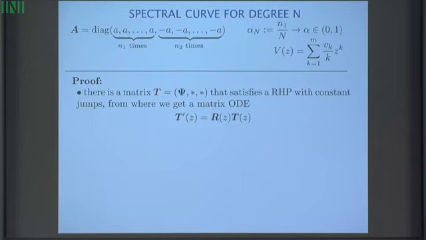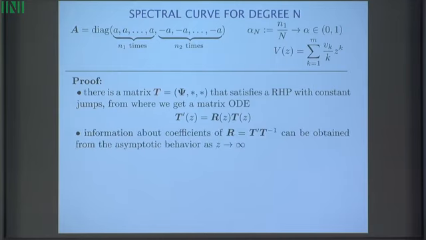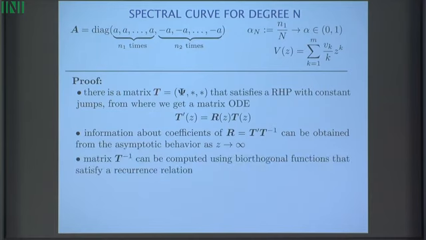So that there is a matrix R. You still don't know anything about it, but you know that the matrix is entire, has no jumps, and connects the derivative of the solution and the solution itself. Now, the way you determine this R, essentially, if it's entire, it's totally determined by its behavior at infinity, right? So the coefficients are given by the behavior at infinity. You know a priori from the original Riemann-Hilbert problem the behavior at infinity, so you can determine this.